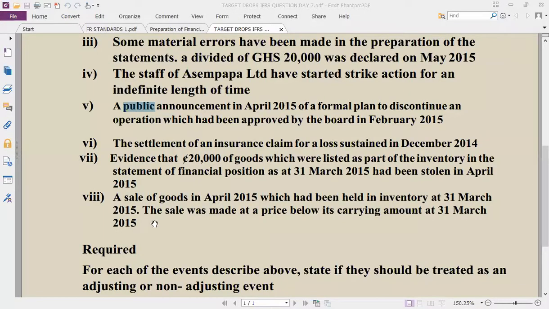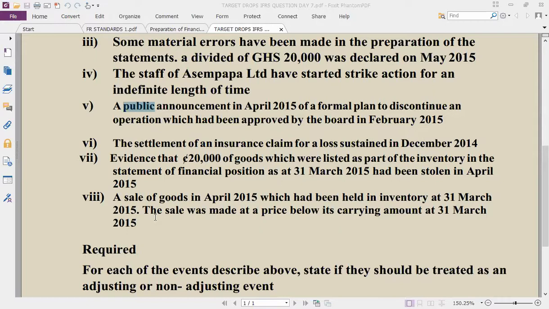Okay, so the last one. A sale of goods in April, which had been held in inventory after 31st March 2015. The sale was made at a price below its current amount. Below the current amount, so adjusting events, because there is evidence that these goods have been impaired. And so, okay. Then on 5th of May,